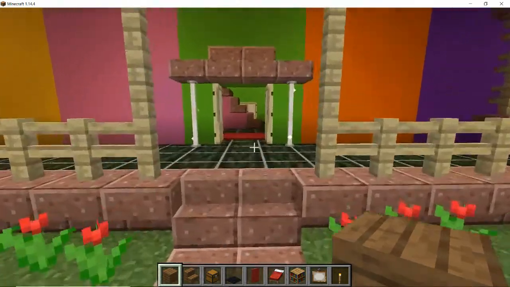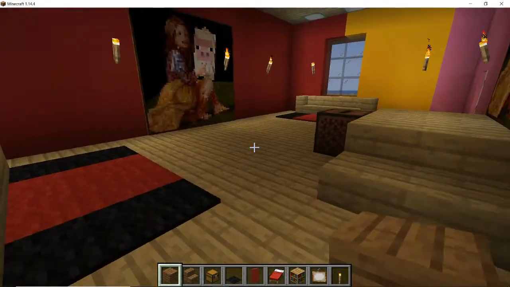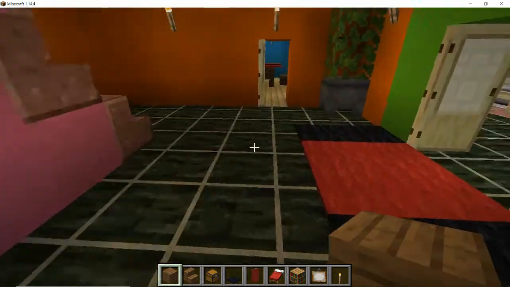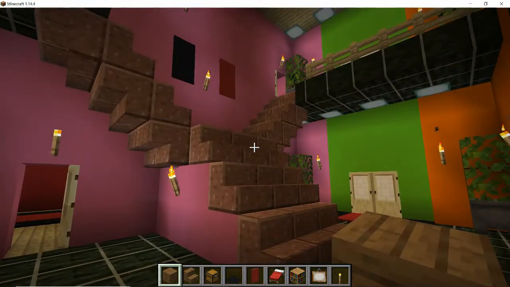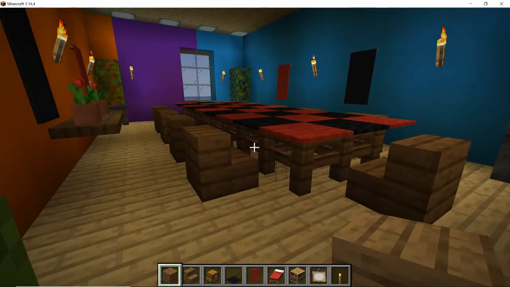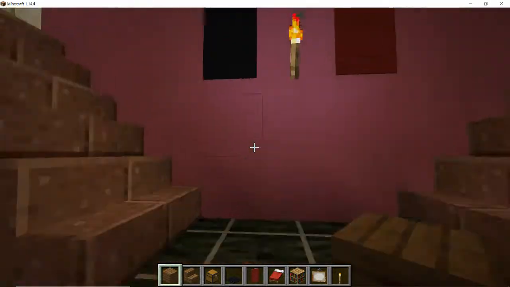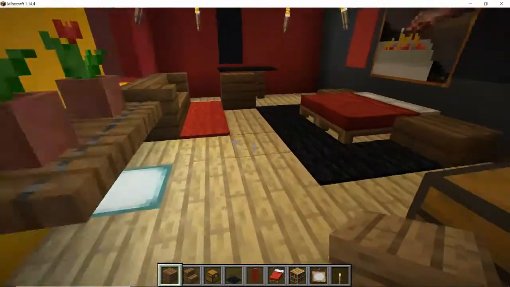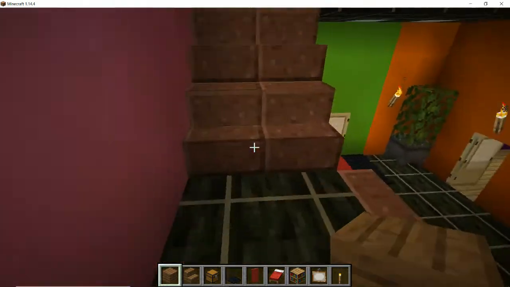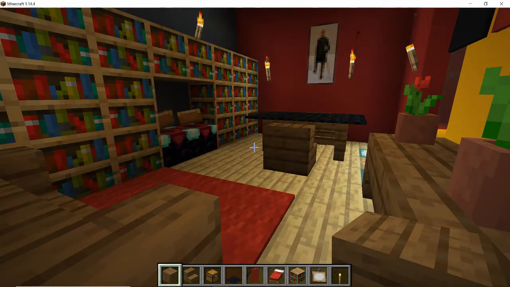Today we're in Minecraft with the Rainbow Mansion house, and I'm hoping to finish the interior. In previous episodes we built the house, then we made our ballroom, our grand staircase, our banquet hall or dining room, and then upstairs we made our master bedroom, our library or study,